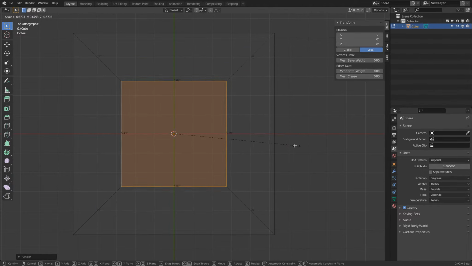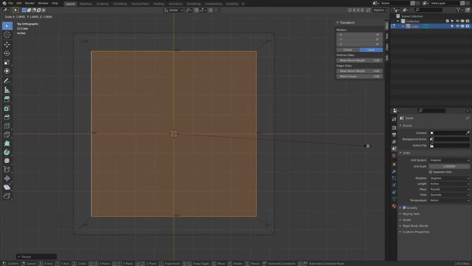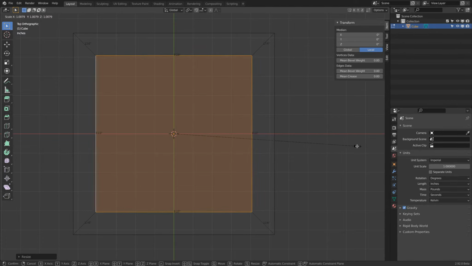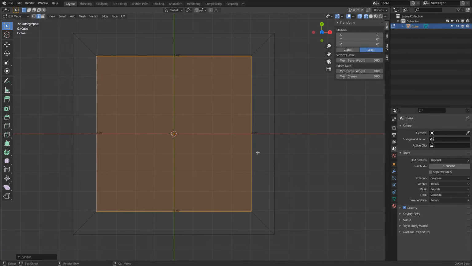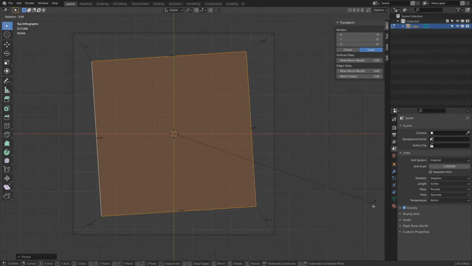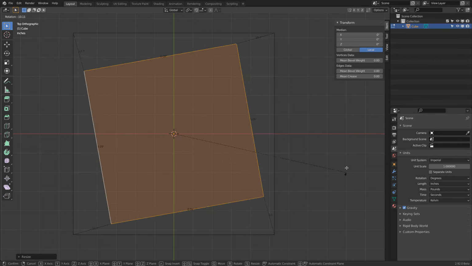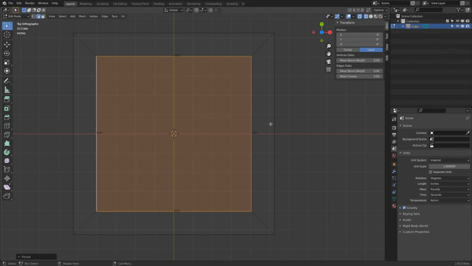You see the dotted line to the center is much smaller. So how could I say that? I have more screen pixels. I could move the scaling, and thus it is moving in slower steps. Plus when I hold Shift, I can then go in really more clean steps. Okay. So that is just a little tip. The same also goes for rotation: always try to have your cursor away from your object if you want to have smoother, softer transitions. Now to make this perfectly 8,